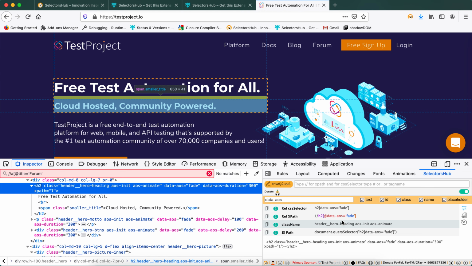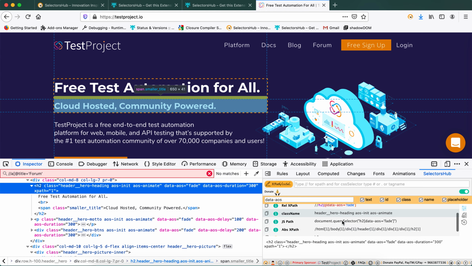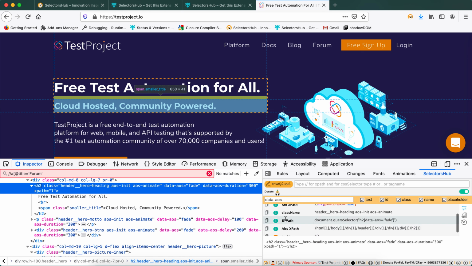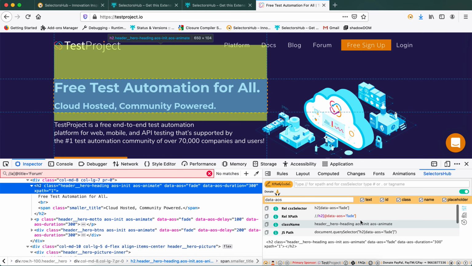Then we have written the XPath, we got all the possible attributes, and believe me, if you compare these selectors from Selectors Hub, like the JS path, this is really helpful for developers. They need not go and find that, no need to write a relative CSS selector. If you compare with any other tool out there in the market, you will find these values very optimized, I mean XPath and CSS selectors 1,000 times better.